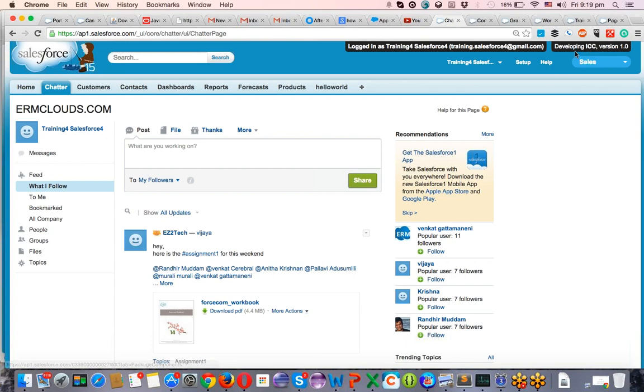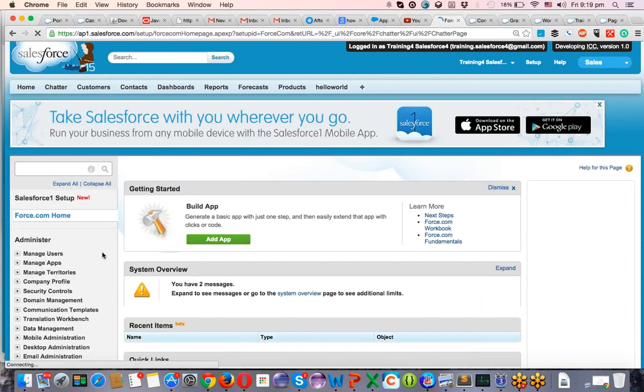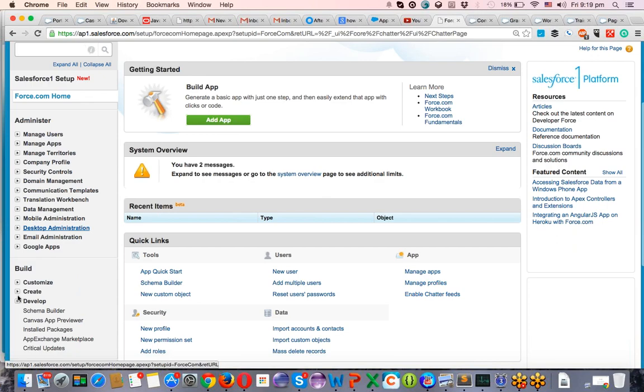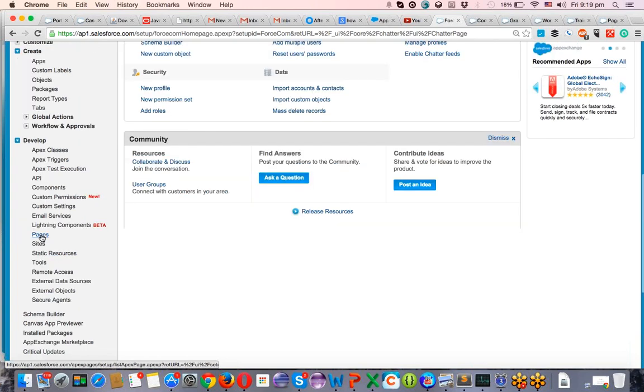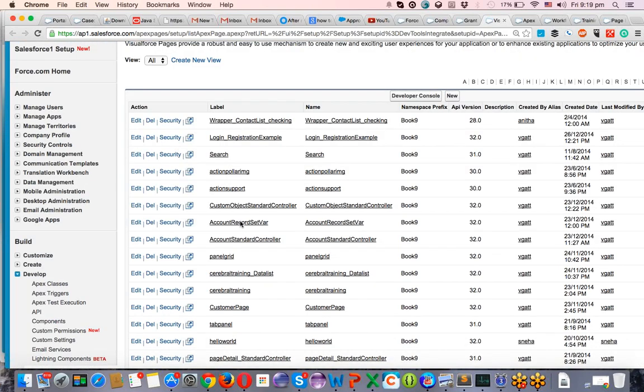And the main thing is, after starting with the development, you can have access to a lot of code in this organization. You can see a lot of pages and classes. There are many. All the examples are here directly. You can access all this code. There are a lot of pages.